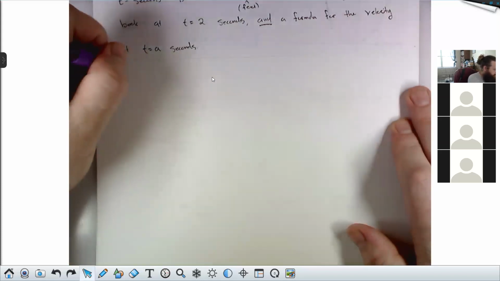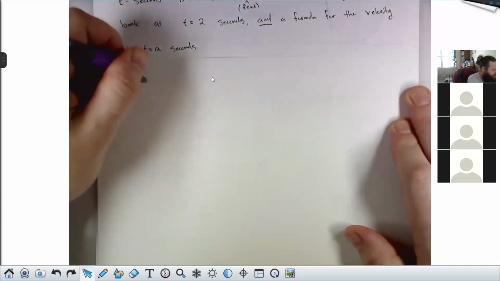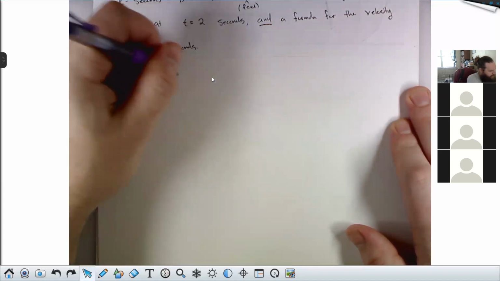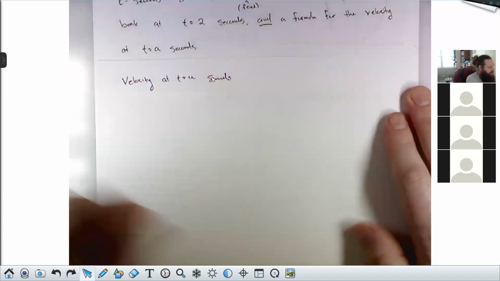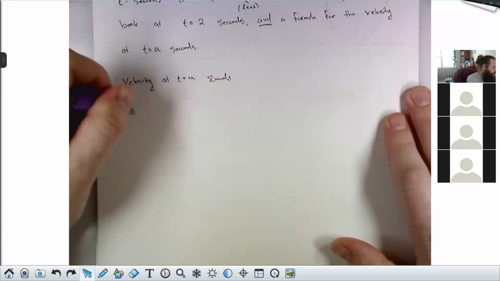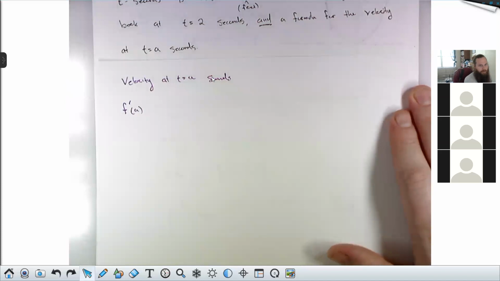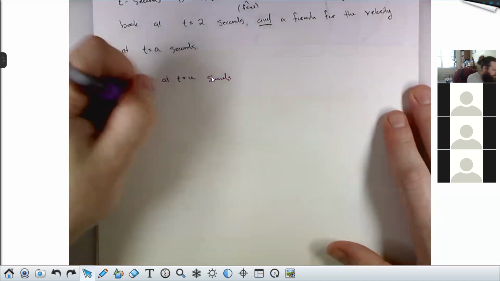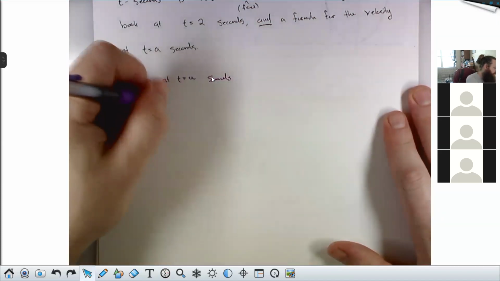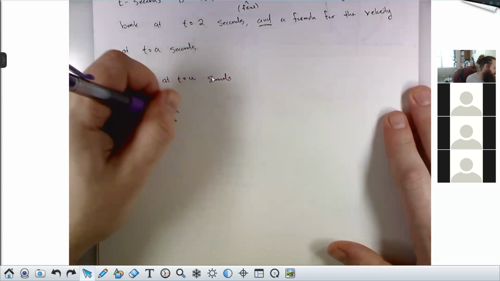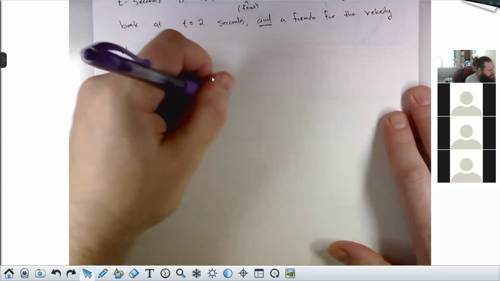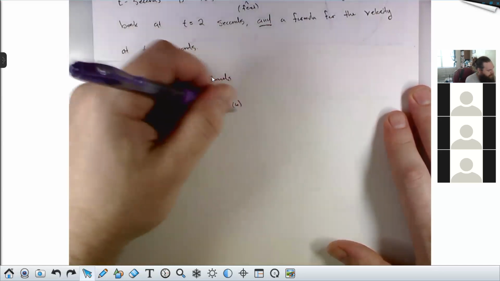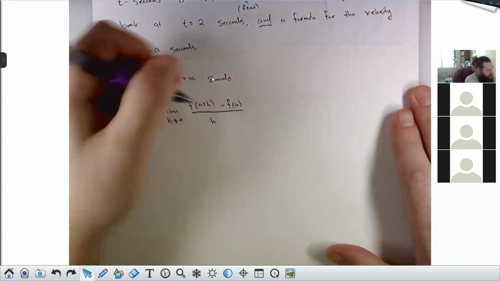The velocity at t equals a seconds. Well, this would be f prime of a. Again, by definition, that's the limit as h goes to 0 of f of a plus h minus f of a all over h,